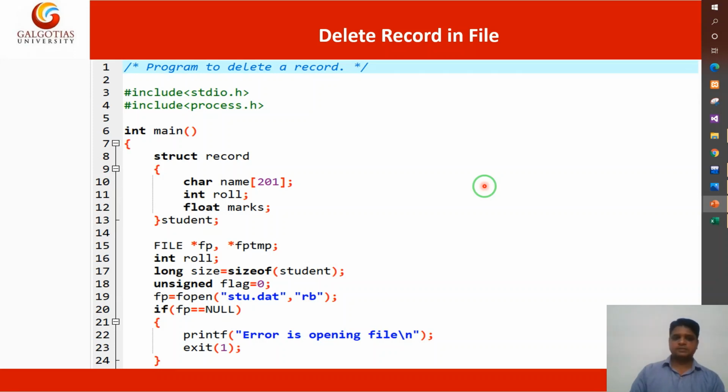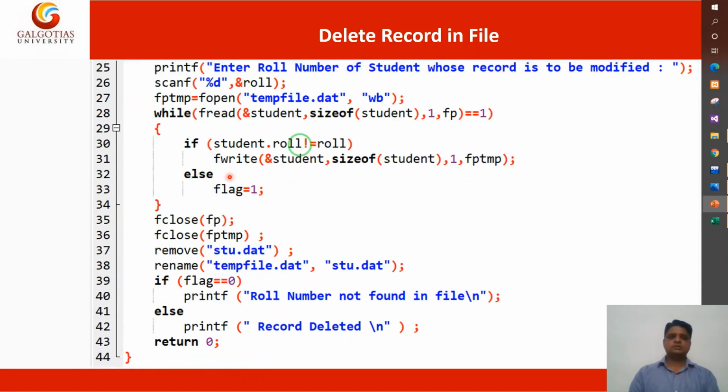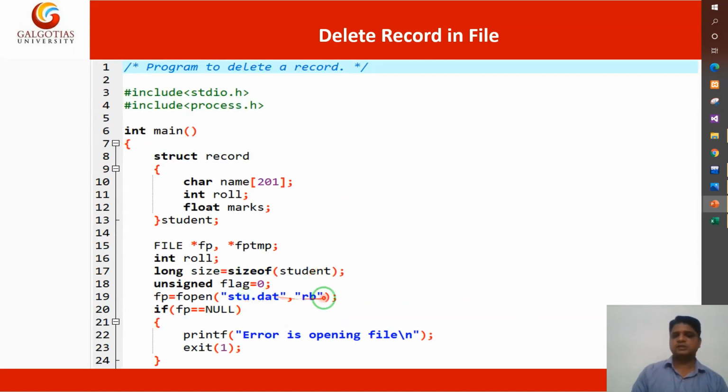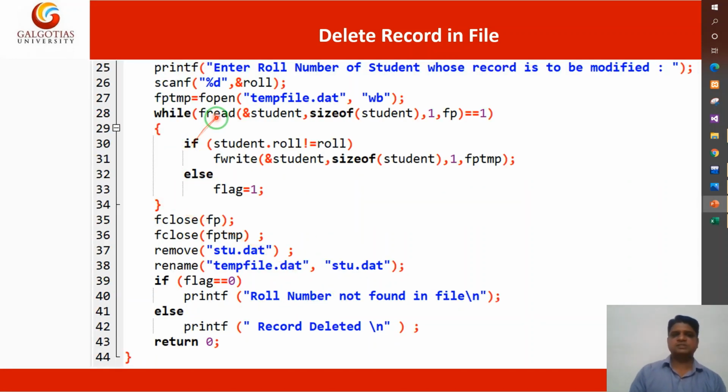So for this purpose, the entry is the same as in the previous questions. See, this is our temporary file. I have opened this one in write binary mode. Here the student data file is opened in read binary mode. For this purpose, I have used fread on the student data. One by one, all the records are read, and except for the roll number which you want to delete, all the data will be written into the temporary file.